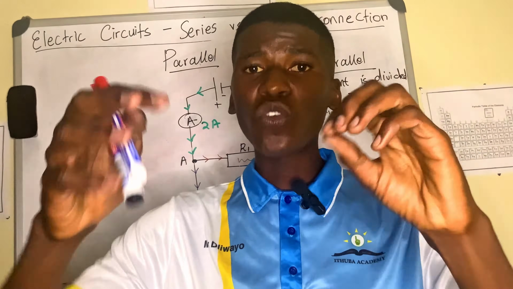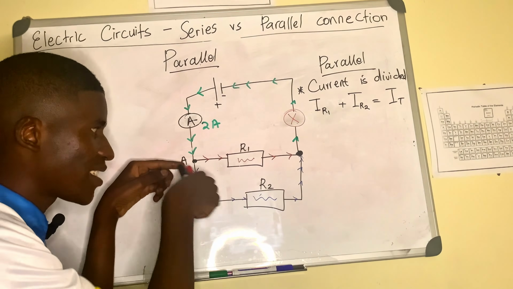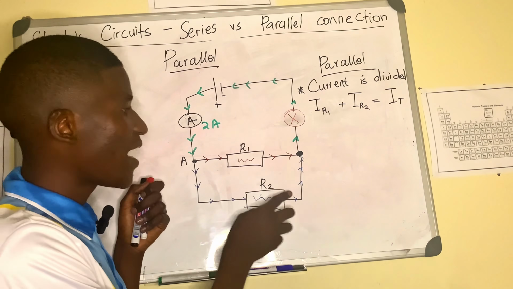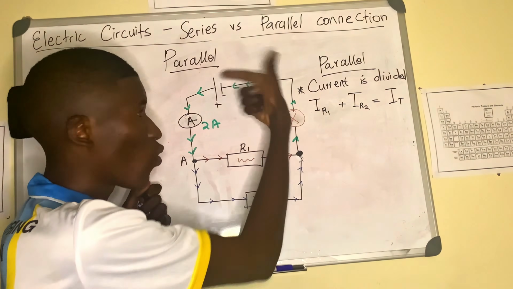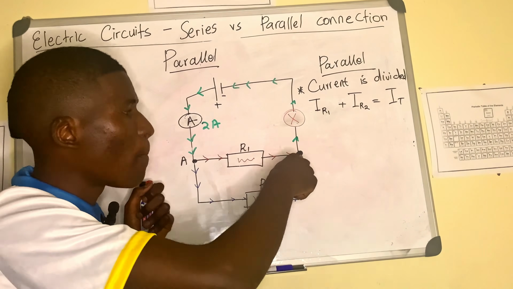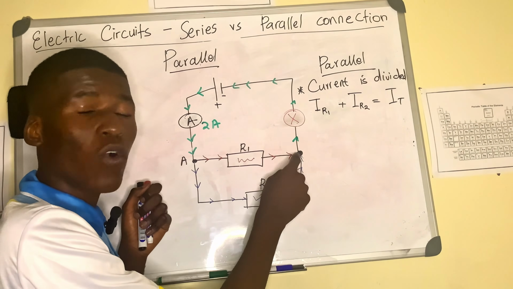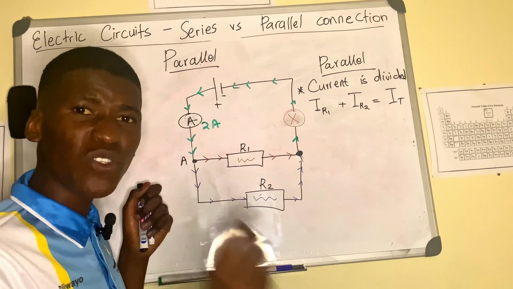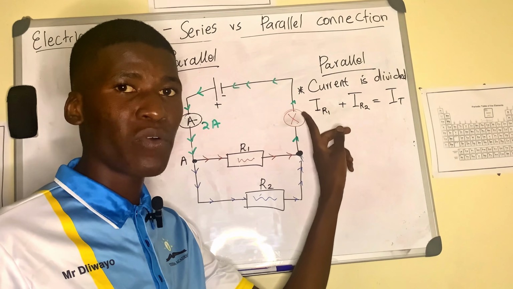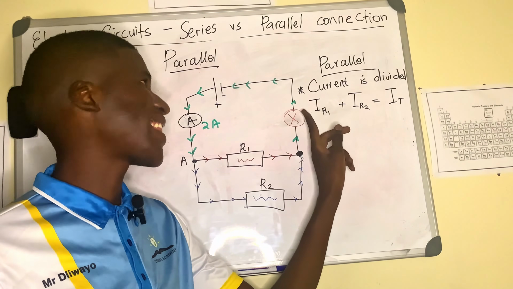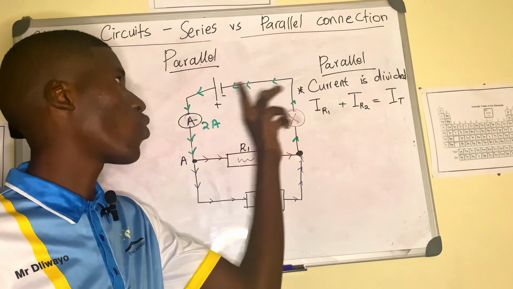So basically, this total current is being divided at this position. Some of it is going in that direction, some of it is going in that direction. After it is divided, when it comes back here and continues back to the negative terminal, it combines again. This red current and this blue current combine to give us back the total current. So this component, the light bulb that I positioned here, would have the same current as this emitter, which is just the total current. And then this total current will go back to the battery.